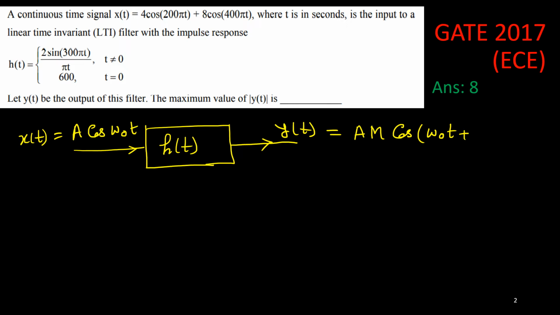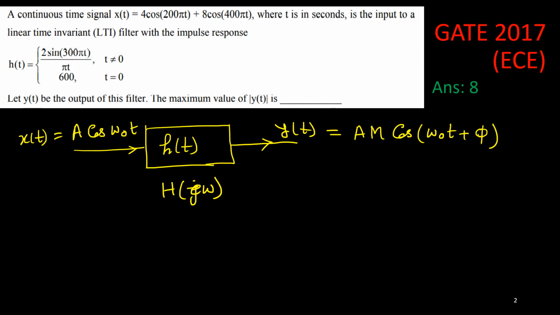One phase is added, that is your phi, where this M and phi we can calculate from the system transfer function H(e^{j omega}), or H(j omega) simply, the Fourier transform of this impulse response h(t).